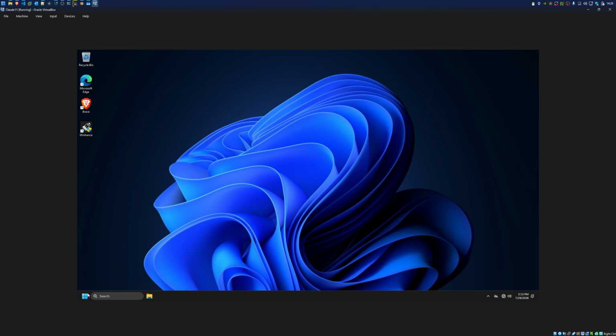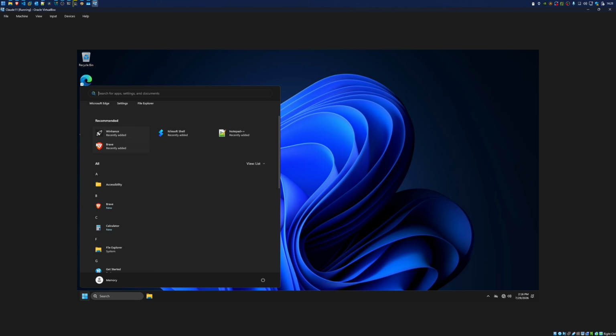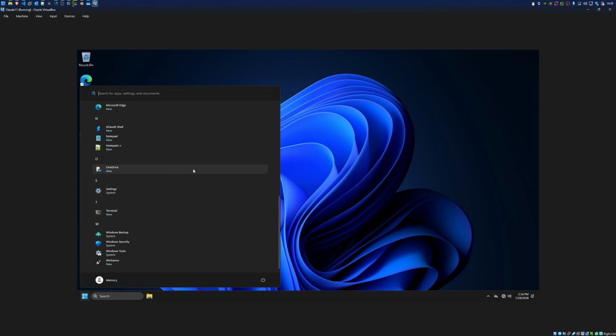Now, if we have a look at some of the other stuff here, let's open the start menu. We can see it is set to list. So that's good. That's what I wanted. It didn't remove all of the pinned apps. There are still some pinned apps here. So it didn't remove them all completely, and the recommended section is still being shown. And then OneDrive is still installed, but I didn't explicitly ask it to remove OneDrive, and OneDrive isn't an AppX package like the rest of the packages that were actually deprovisioned and uninstalled. So that's just a bad prompt on my part.